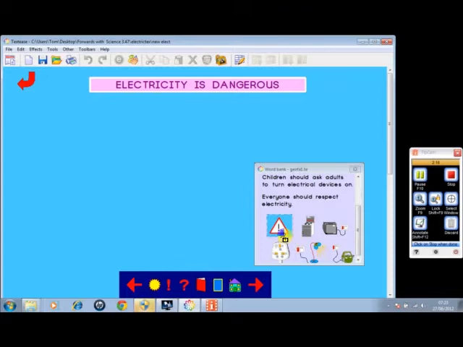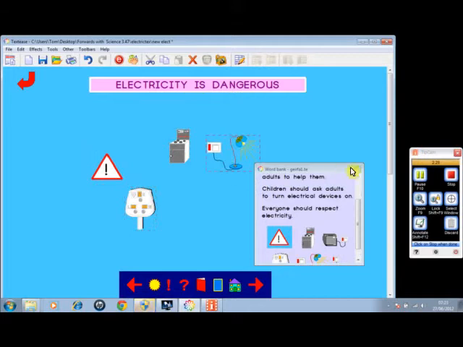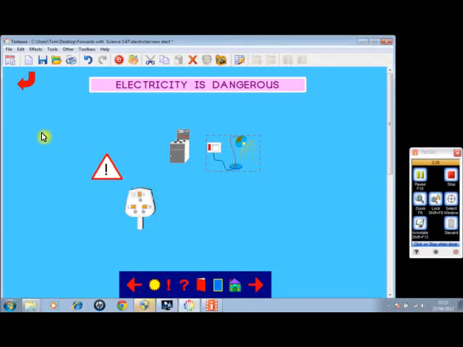You can bring anything onto here, and the children might want to write about electricity as dangerous. They talk about things with a plug, things running on batteries and so on. And then we want to record their work. We can either do a print screen and load that into Paint or a similar program and save a JPEG